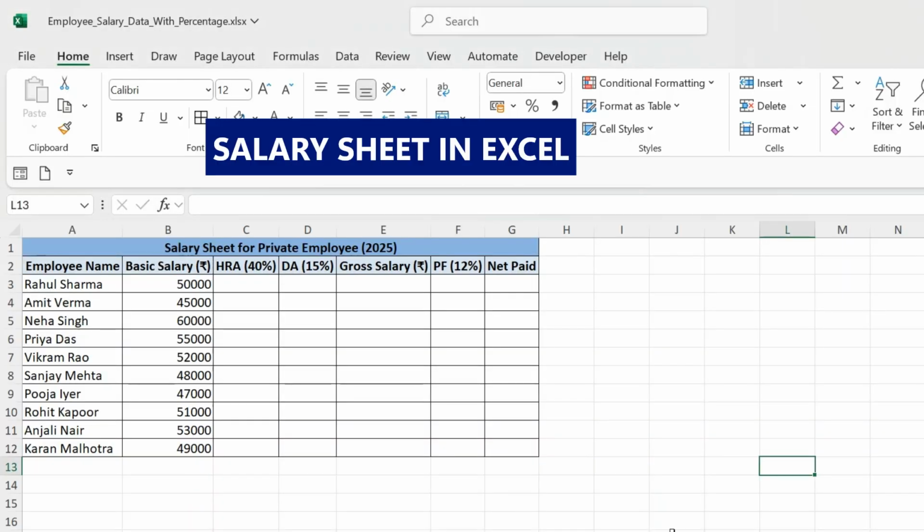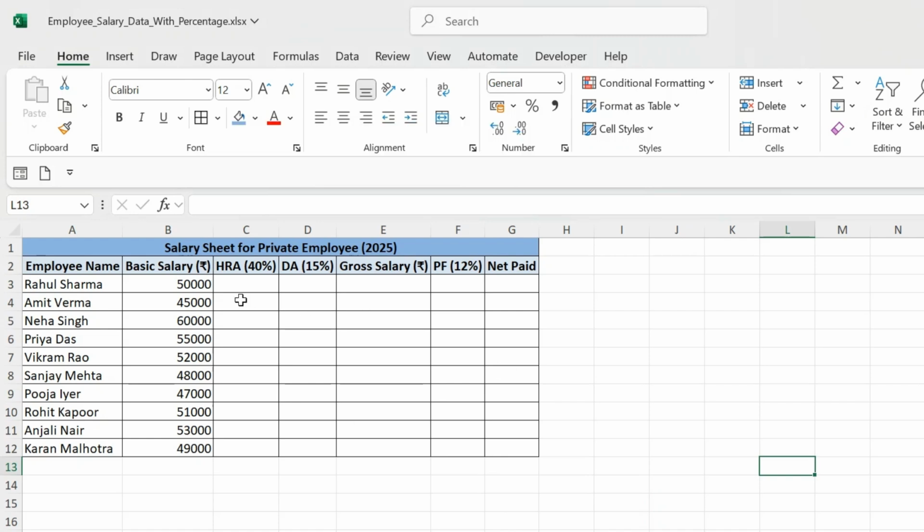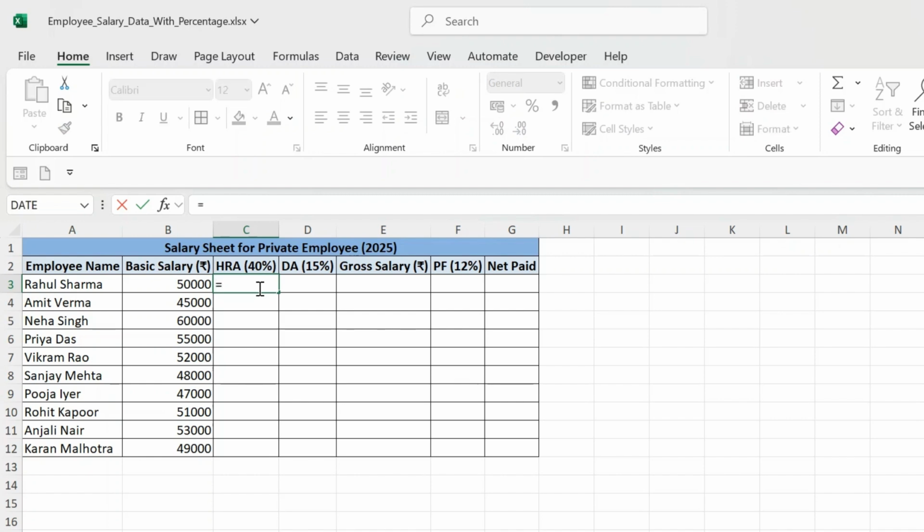Hi, are you looking for salary sheet in Excel? Then this video is for you. Here I have some data where I have employee name, basic salary, and I want to calculate the net amount paid to an employee. So for that first we will collect HRA, and for HRA